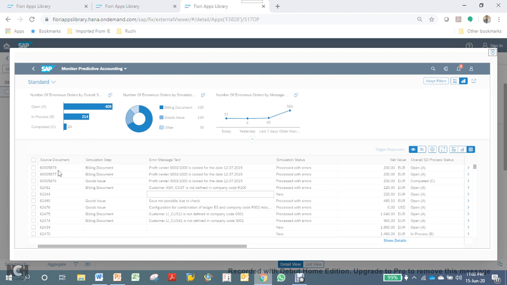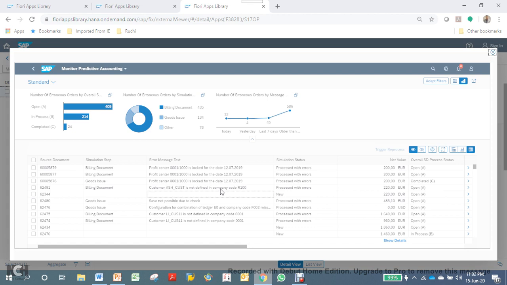As you can see here, this is the graph it shows: number of erroneous orders by overall sales. It shows you how many are open, in process, and completed. Then number of erroneous orders by simulation step, as I was mentioning now. And it also gives you individual document-wise information. Here you can see the profit center is locked for this date, so the system could not process that.